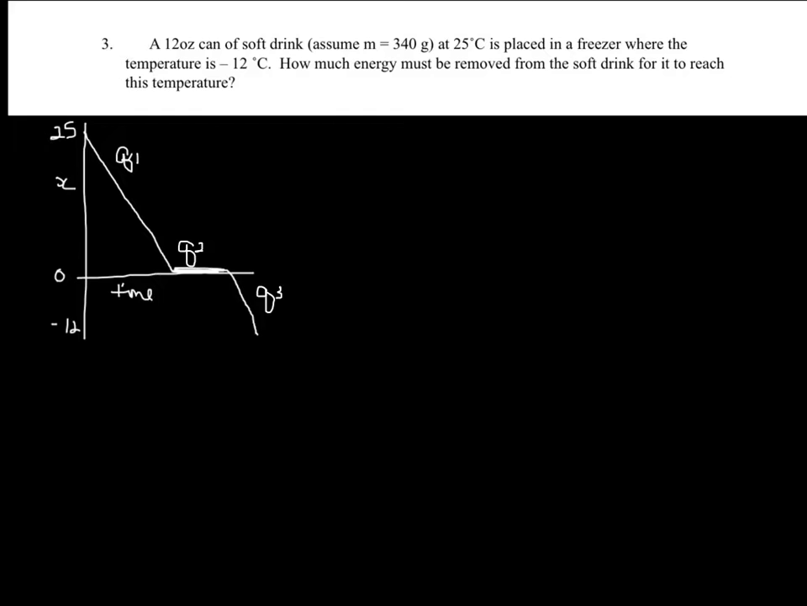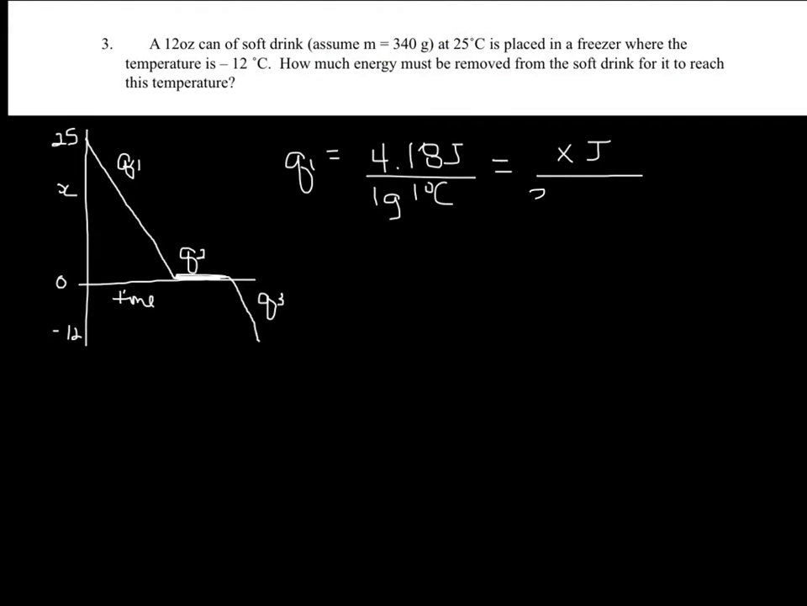Okay, so when we start the problem, looking at Q1, water is in the liquid phase between 25 degrees Celsius and 0 degrees Celsius. So that means that for Q1, I'm going to be using the specific heat of water in the liquid phase, which is 4.18 joules for every 1 gram, 1 degree Celsius. I'm going to compare to that. So I am trying to solve to see how much energy is removed, so I'm going to be solving for joules, and I'm going to need to find how much the soda weighs, and in the problem it tells me right here that mass is 340 grams,